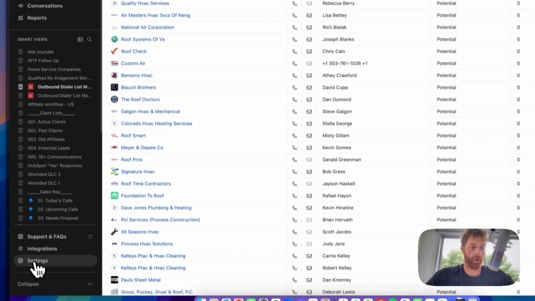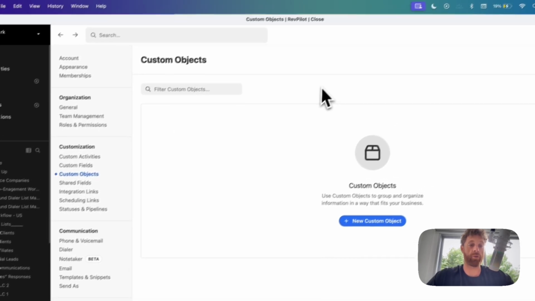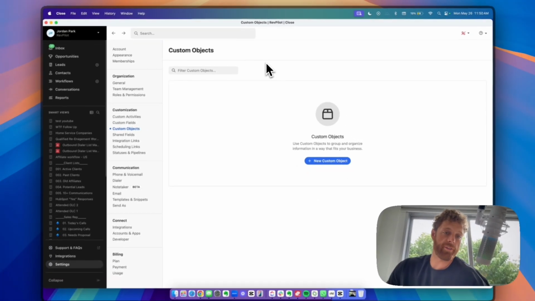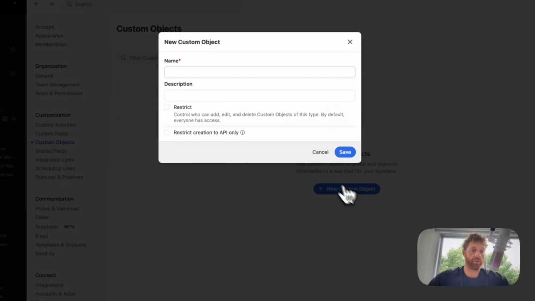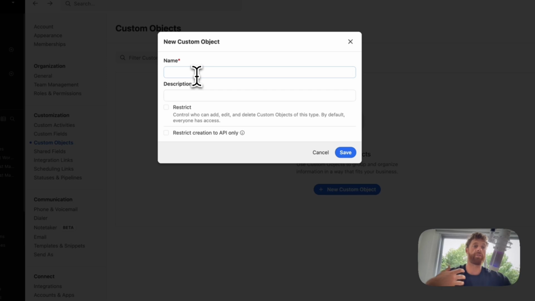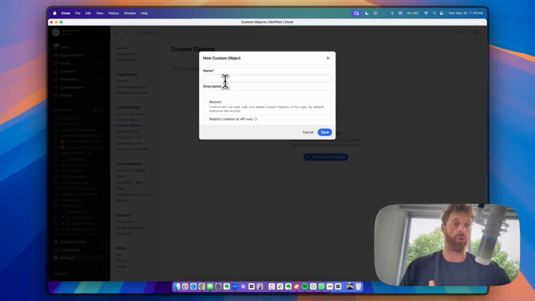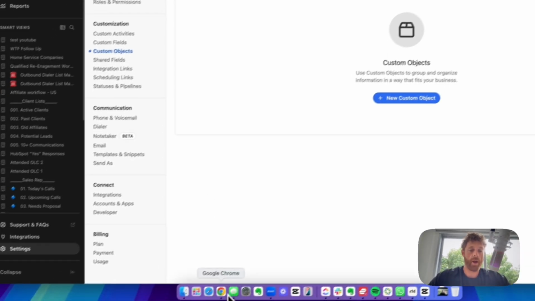And then the last thing is custom objects. And yeah, this video has everything you'll ever need when it comes to Close. But the last part is custom objects. So if for some reason custom activities is not enough and you want to create a custom object, I'll show you a use case in a moment. You can create a custom object, which is, instead of an opportunity or a contact, you can create a custom object, which for us, one example or use case would be,